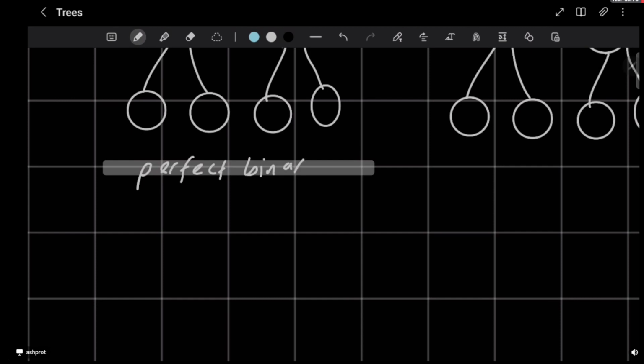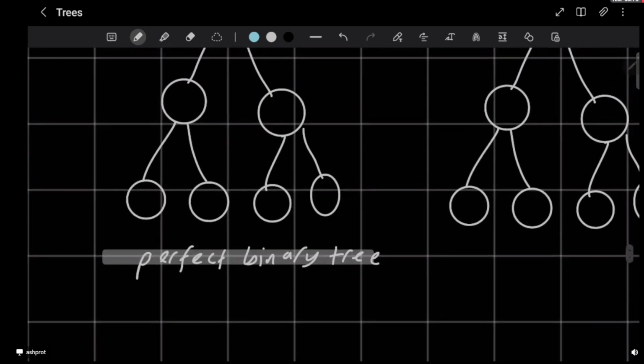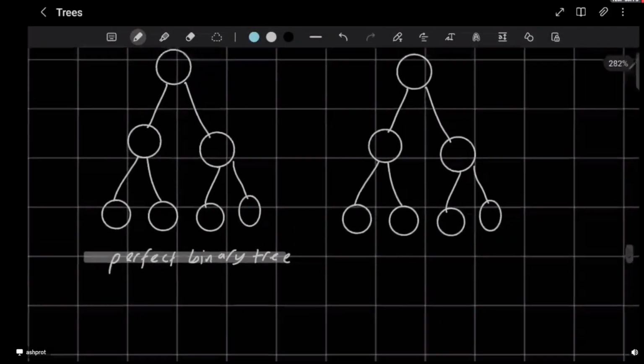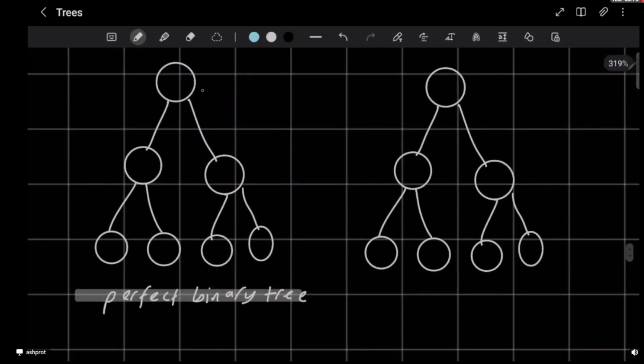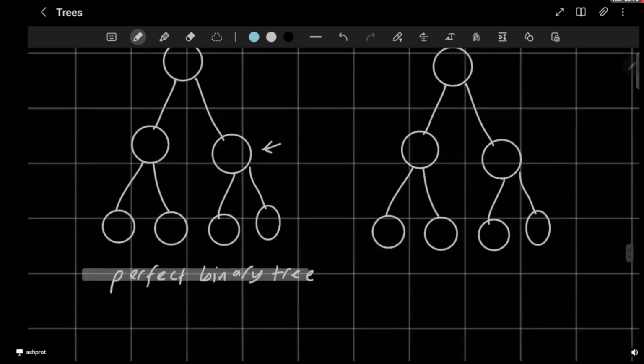Now, perfect binary trees are a type of tree where all the interior nodes, or all the internal nodes, have two children and all the leaf nodes are at the same level. So what this means is that all of these internal nodes, like we were saying, have two children, which here they do, and all the leaf nodes are on the same layer. I'll give you an example on this one. So technically this would be a perfect binary tree,